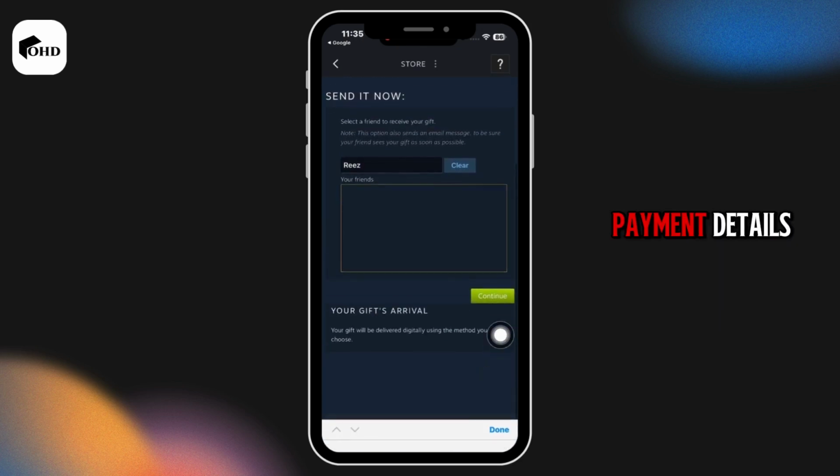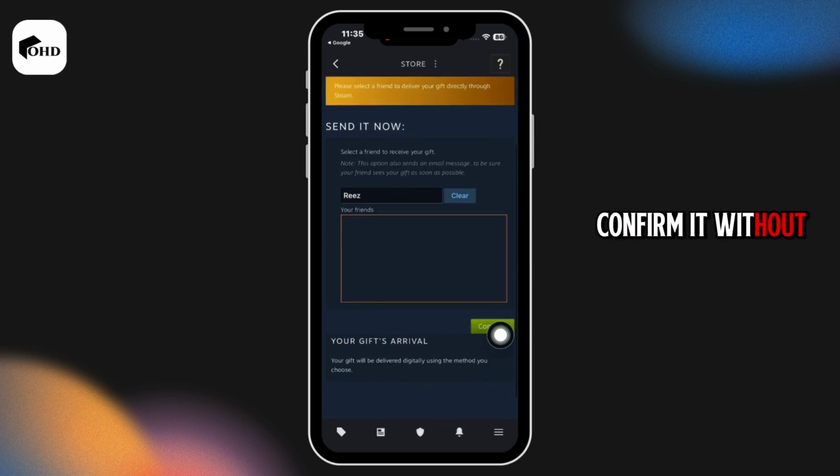Now provide your payment details, confirm it. With that, you have just purchased the selected digital card and you have sent it to your friend, and that's it. This is how you can easily buy or purchase a Steam gift